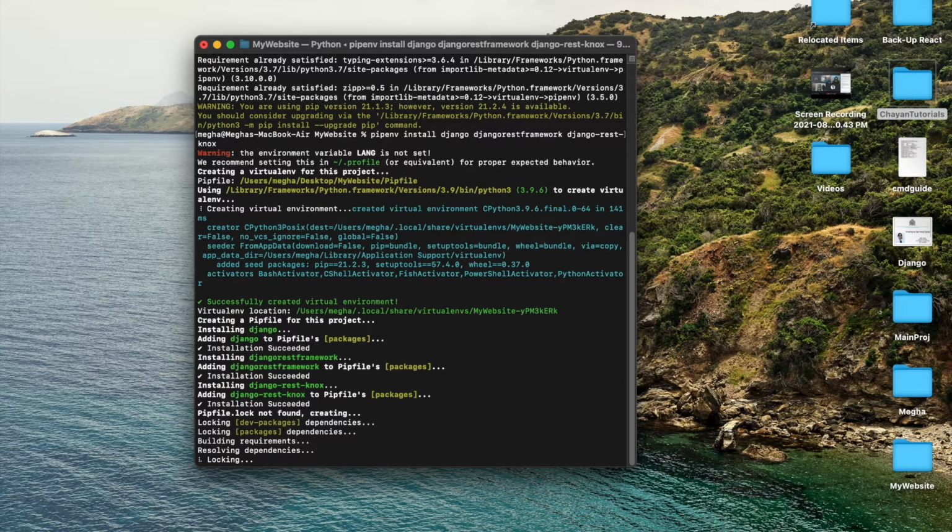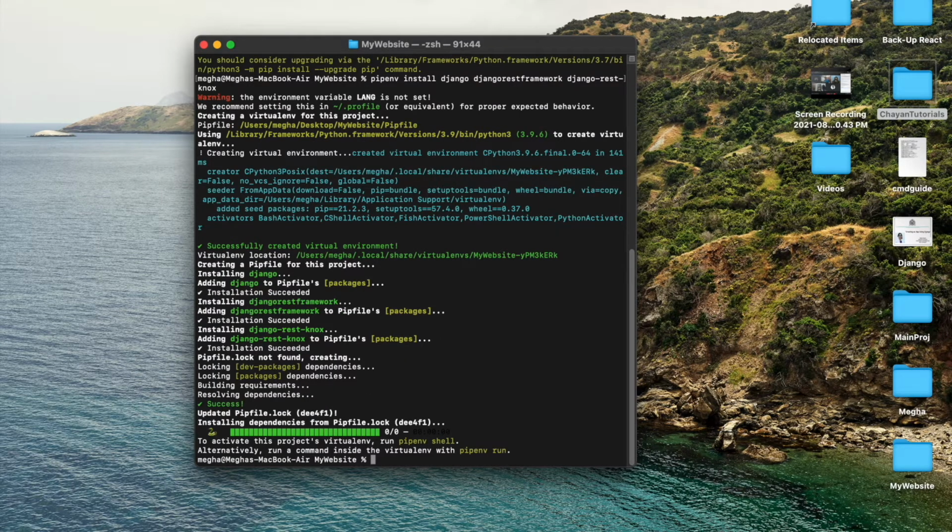Now the folder name is my website. Whatever name of the project you will be giving, you will have to say django-admin startproject, then the name of your project. Say the name of my project is, for example, BE.